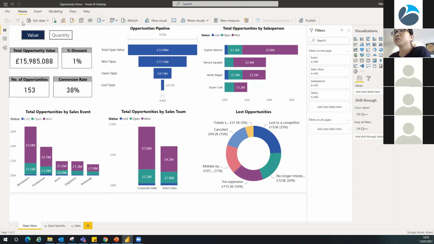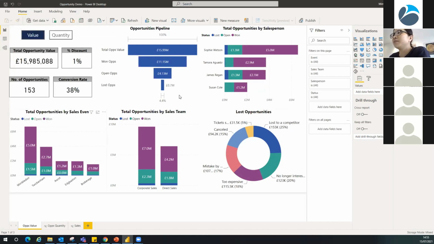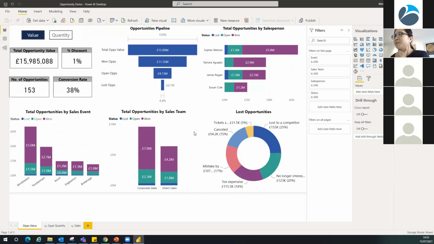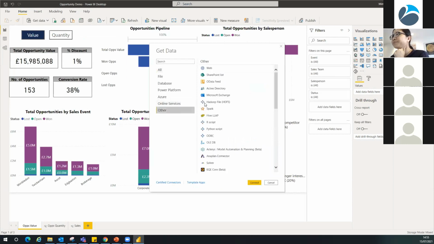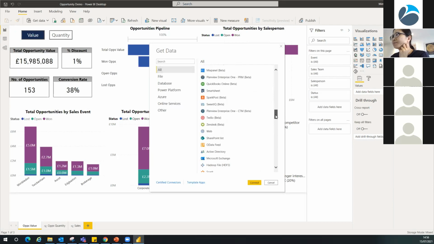So this is Power BI Desktop. If you go to the home page, you will see the icon for Dataverse. This is the new icon for Dataverse. Or you can also get data, and you have all of the connections that are available from Power BI Desktop. It's loading. Yeah. So if I click All, this is the list of all of the connections that you are able to connect to from Power BI Desktop, a lot of them.